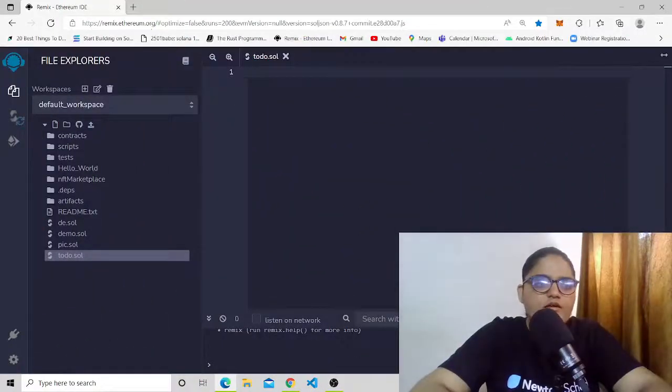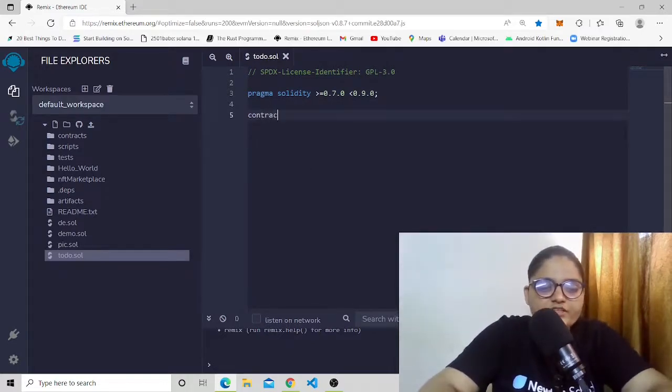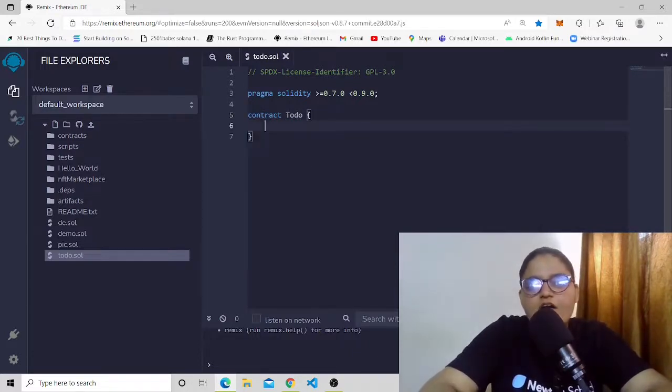So let's get started, and let's open our Remix IDE to first create the smart contracts of a to-do list application. So we are now in our Remix IDE, and let's get started by including two things. One is the license and the second thing will be the compiler version. So we have included both the things. Now our next step will be creating a contract. So we will be initializing a to-do contract with the help of the contract keyword,